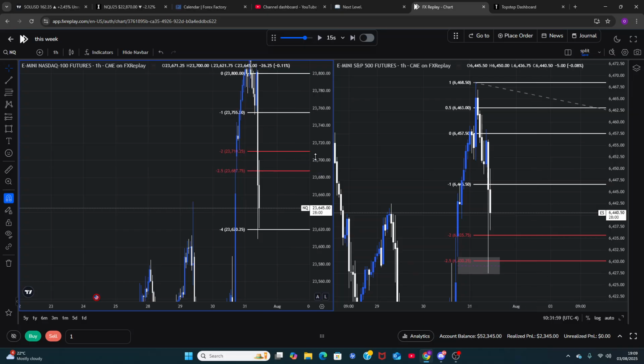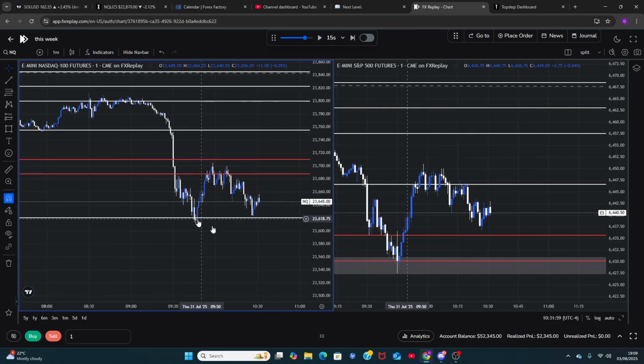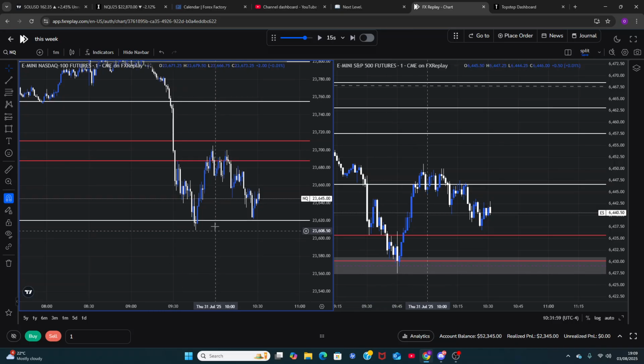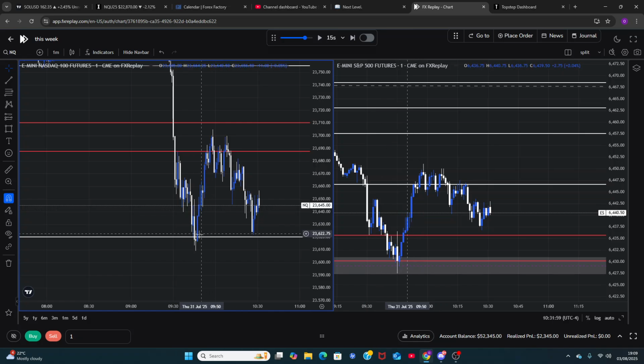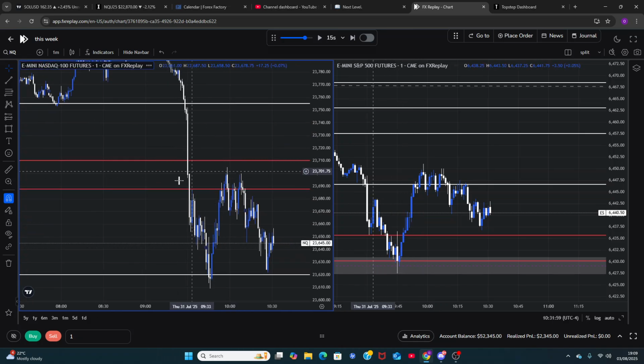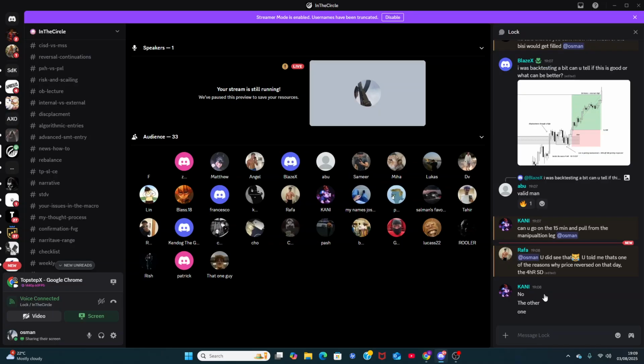Obviously, in hindsight, it's way easy to see. But just mark out and see what price does. We're not trading with the narrative. We're trading just the reaction from the fib touch, which is there. And it displaces through the -2, -2.5. That's pretty strong. We know if the -2, -2.5 gets displaced through, most of the time, the -4 gets disrespected or respected.